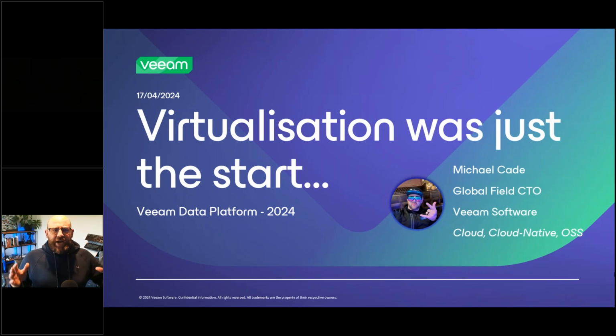So I really wanted to hone in on that cloud area, but equally the whole platform, because a lot of people still, when we're out there in the field, when we talk about Veeam, it's the de facto virtualization tool, which is great. And we have some great numbers around customers that are using us, but there's so much more is really what I want to get at.